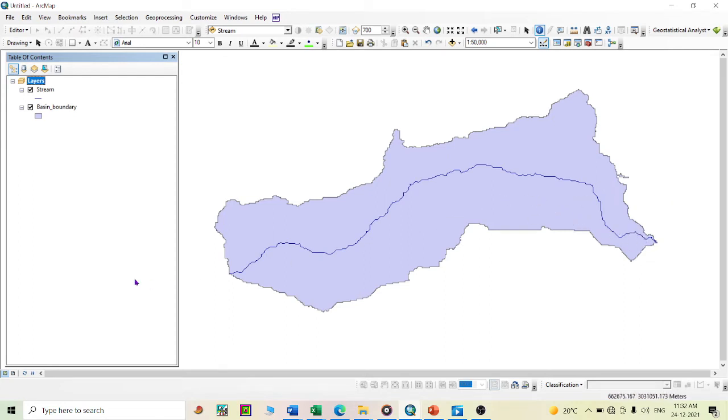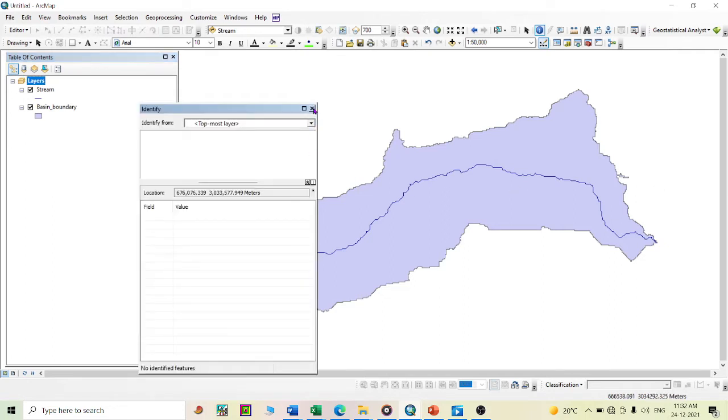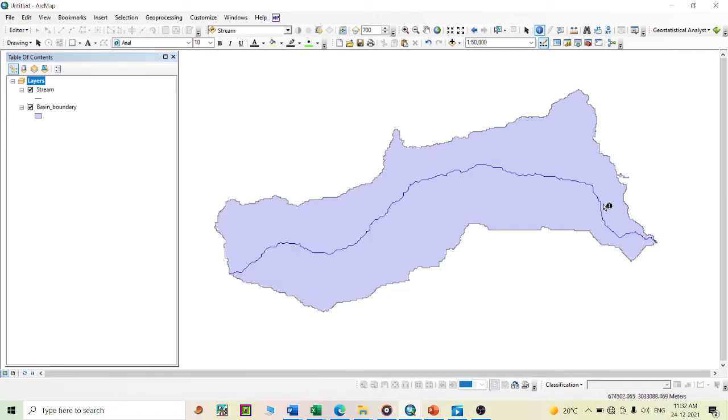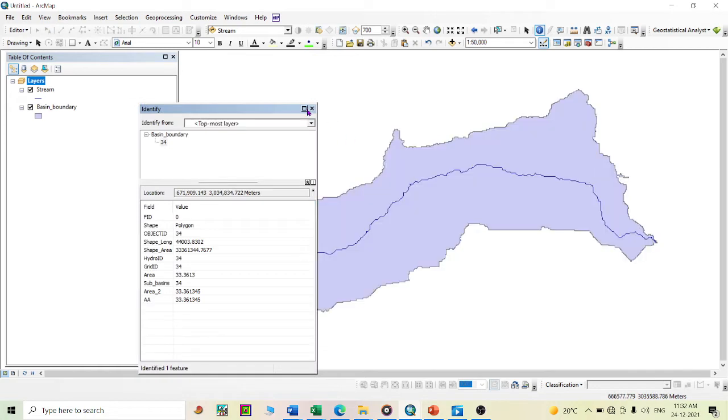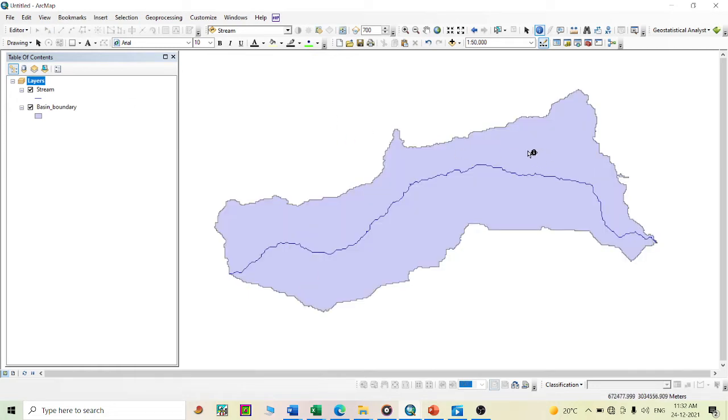This river flows to the west, from this side to this side. According to the flow direction, the upper portion of the river is the right side and the lower portion of the river is the left side.